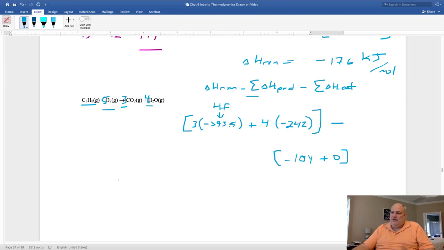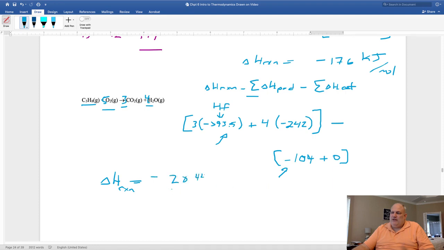Now, when I add everything up and then I subtract, so these are my products all over here, and these are my reactants. When I subtract them all from each other, I'm going to end up with a change in enthalpy. And whenever you do this for a reaction, we always like to write Rxn, just to let everyone know that it's for the entire reaction. Change in enthalpy of the reaction is going to be minus